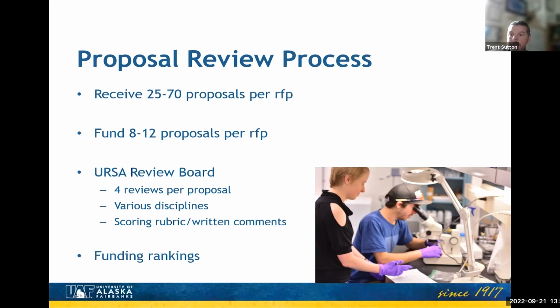And so we're just looking at the ranks of the students that submitted their proposals. And we just kind of work our way down the list sequentially until we run out of money allocated for that particular project award. And then we're not going to fund any more projects after that point in time. And so, again, the goal here is to be at the top of the list. If you have a high-ranked proposal, something that scores low, your probability of getting funded is going to be much greater.